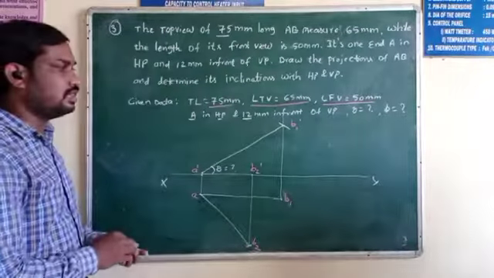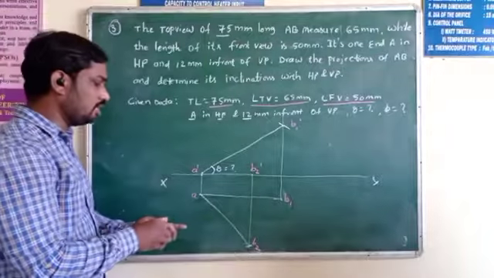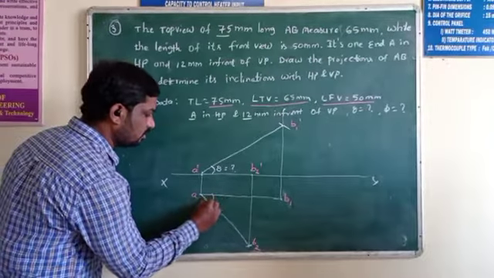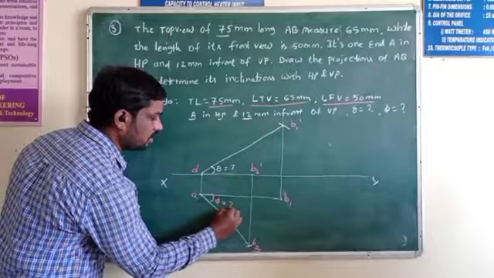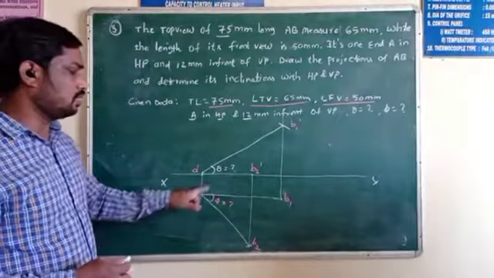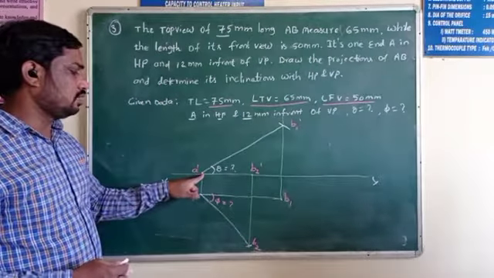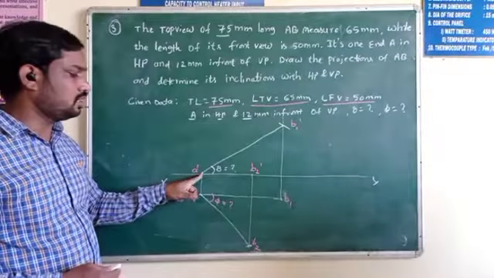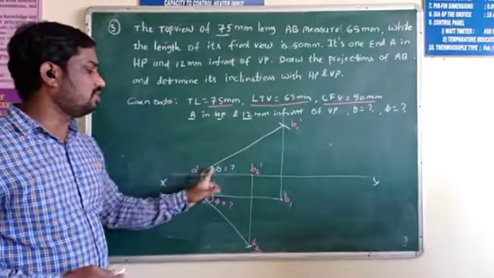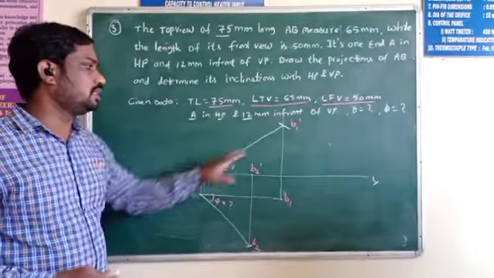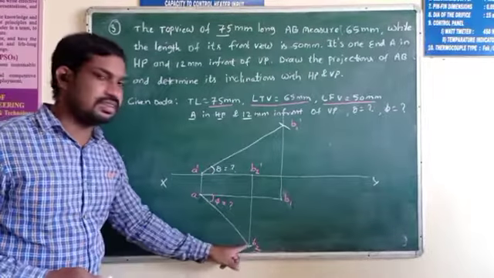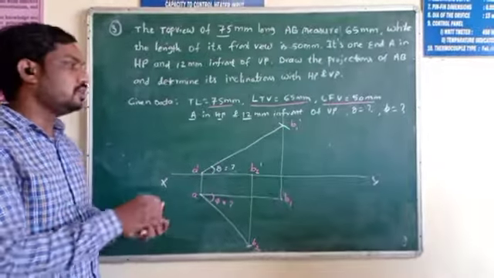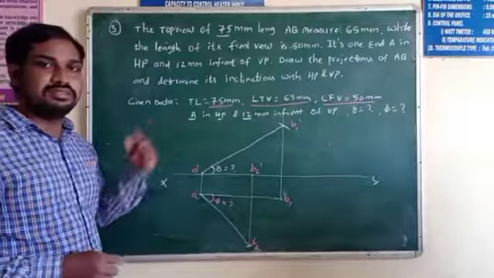So this length is again the true length. What is the angle of this one? So this angle is phi. How much angle you have to find out with the help of the protractor. So take this protractor, put it on this line. So tell how much angle you will find out with the help of this line, and also this line, what is the angle phi. Now finally we will get the final front view and final top view.